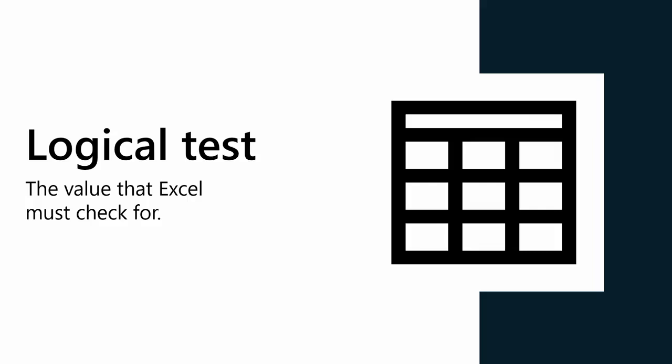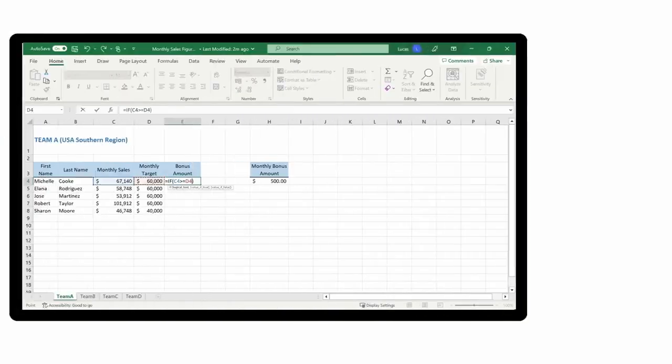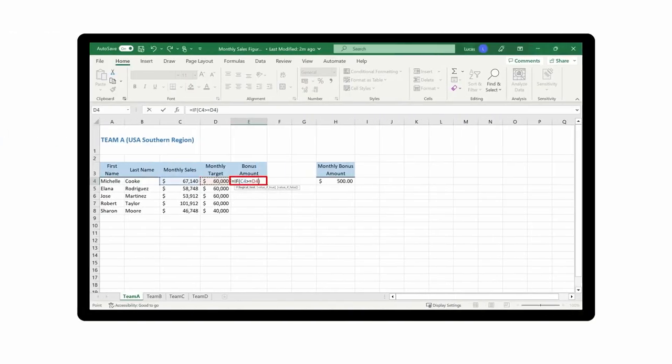You also need to specify the test to be carried out in relation to this value. This is the if keyword followed by parentheses. It's within these parentheses that you must type the logical test. For example, Lucas needs Excel to check the total sales of each team member to determine if they meet their